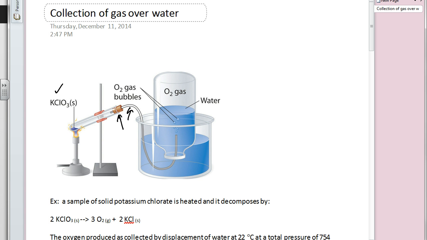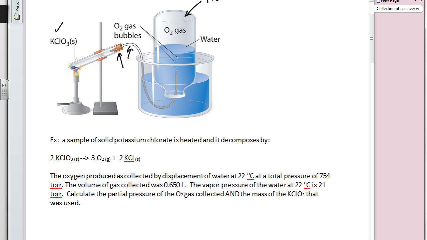The tubing is going to run into a little trough of water. We filled this container all the way full with water and then inverted it into the water. One end of this container is open right there, and we've got our tube in there. So we start heating our KClO3 up, and it's going to start